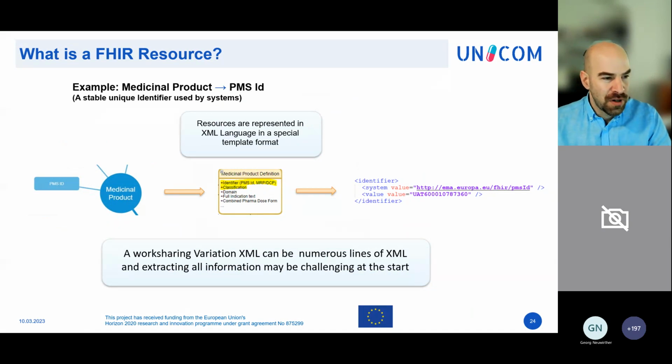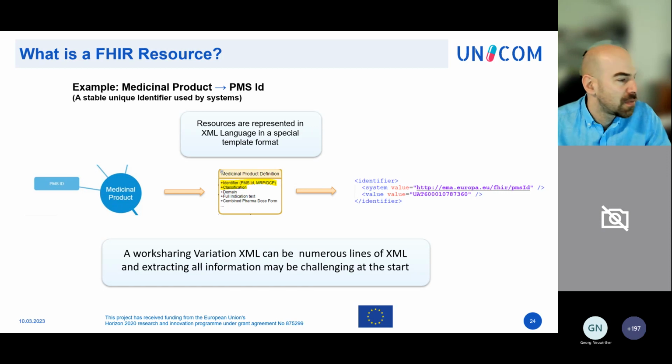Now, I've said a word that IT people might know, but for business people, I mean, resource. What's a resource? Managers would say a resource is a person. IT people know a resource is a thing that you can grab by service. For FHIR, a resource is an element that bundles up data into a neat little package that you can send around. So the resource is the minimum package that you can send from one agency to another, from an applicant to an agency, from EMA and so on.